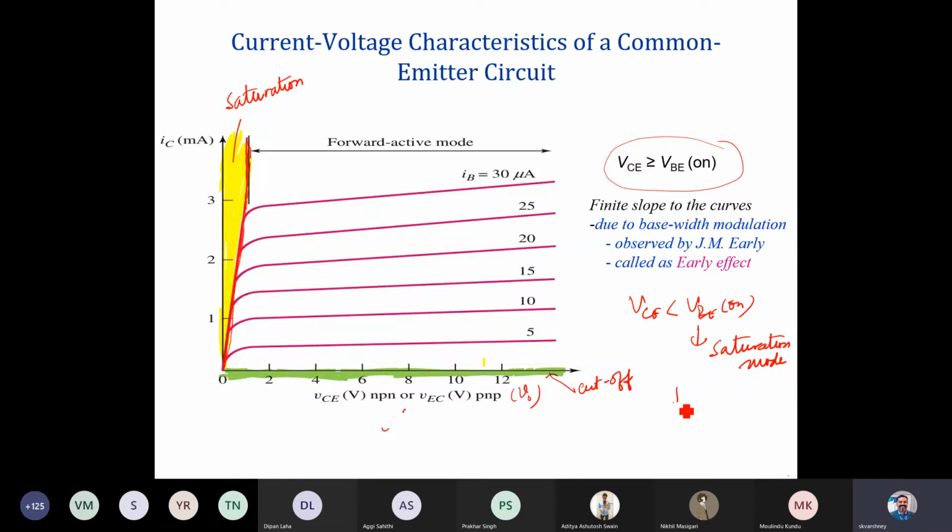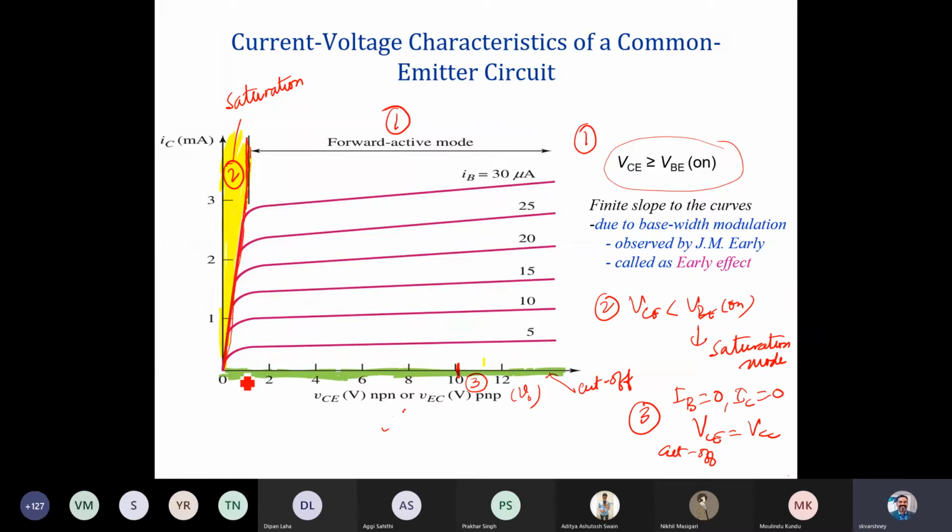And if there is no collector current, meaning IB is 0, then IC equals 0, so your output VCE is your VCC. If your VCC is, let's say, 10 volts, it intersects here. At that point, taking a 10 volt VCC, the region below this is all cutoff mode. So the third region is cutoff, the second is saturation, and the first is the forward active mode.